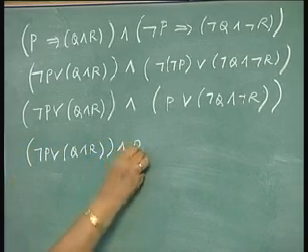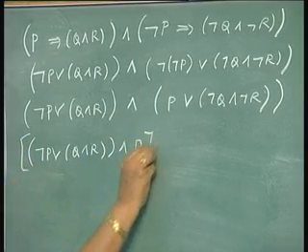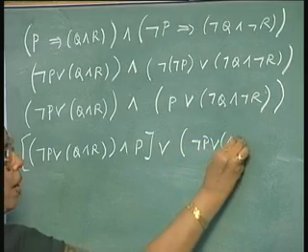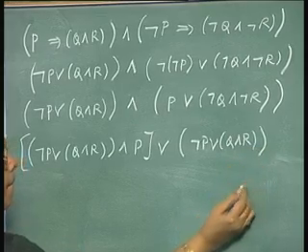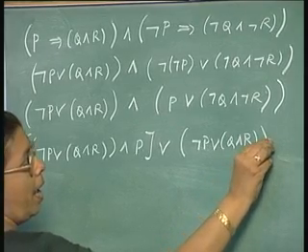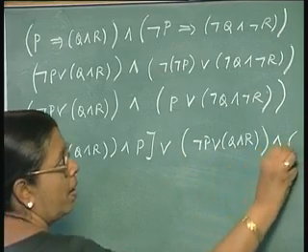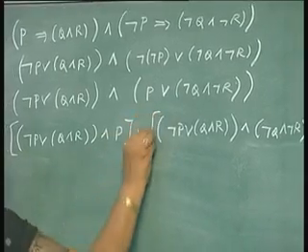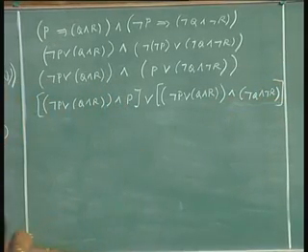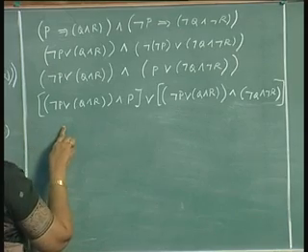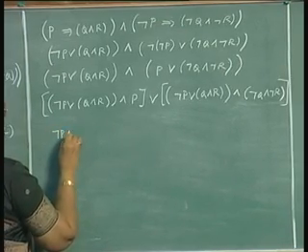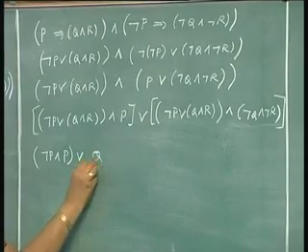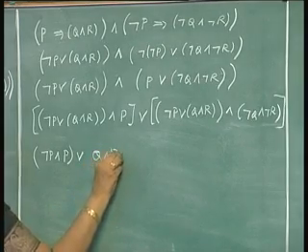and P or not P or Q and R and not Q and not R. Again, here you can use distributive laws, and this will be not P and P or Q and R and P